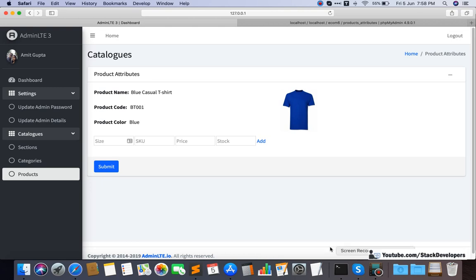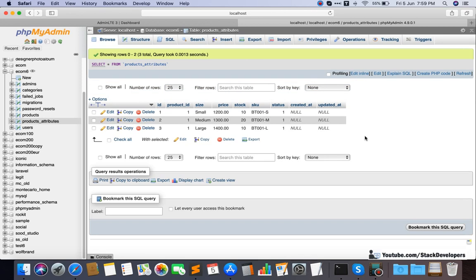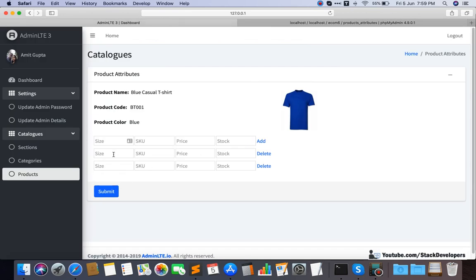Okay, so in the last video we were able to create the product attribute page, and we were able to add some of the details of the product and create this form. You can see that now we can add multiple attributes together, and those can be saved in our product attributes table. This data, as you have seen, we created with the help of seeding. Some videos ago we created this data with seeding, but now we are going to add it from the form itself after clicking on the submit button.